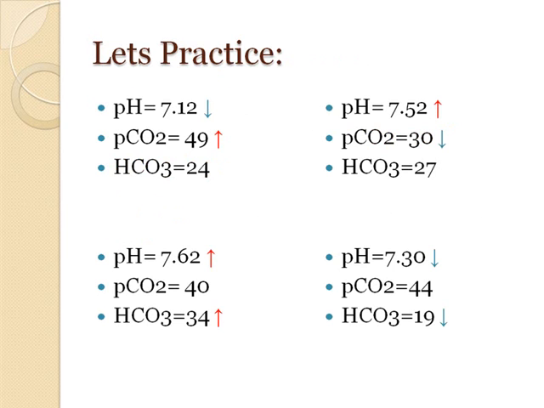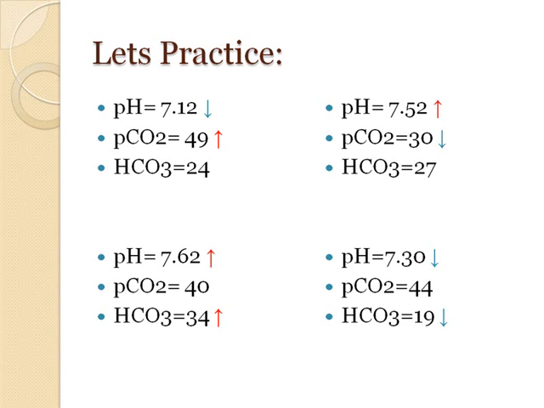We're going to start with the top left hand. The pH of 7.12, a CO2 of 49, and an HCO3 or bicarb level of 24. When you think about the values that I gave you, your pH is low, your CO2 is high, and your bicarb is within normal limits. Therefore, the one on the upper left-hand corner is a respiratory acidosis. How do I know it's respiratory? Your CO2 and your pH go opposite directions. One's going up, one's going down. And then when you look at your pH alone,